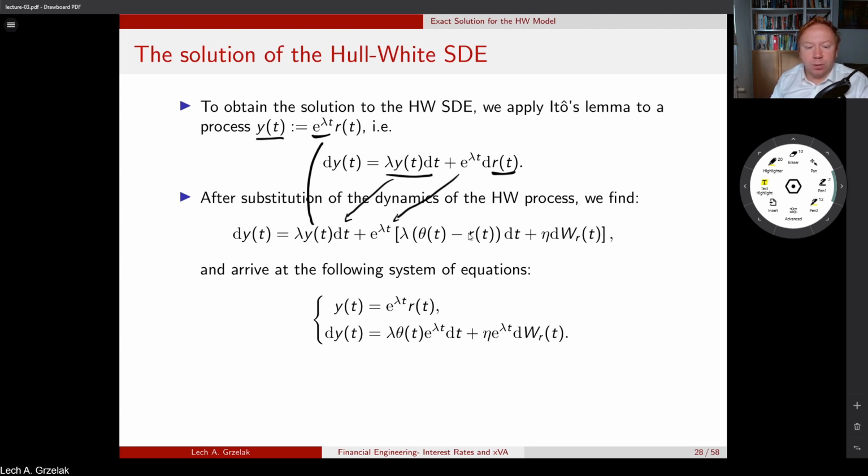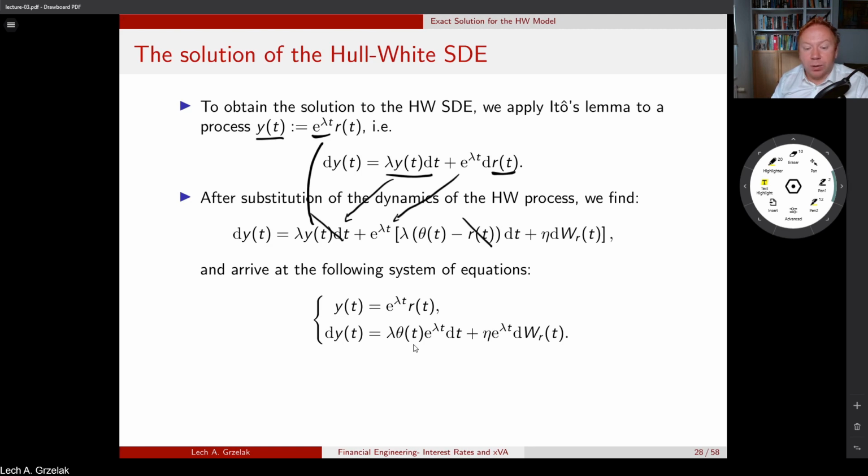And they cancel out in a nice way, so that if we look at the dynamics for dYt, after simplifications, after this term is out, this is gone, and if we collect all the dt terms and volatility terms, we end up with the dynamics for Yt, which does not depend on a stochastic component. So there is no more Rt. We have a time-dependent function theta t, e to lambda t dt, and we have volatility from Hull-White, so it's eta, and here we have e lambda t dWt. So you see there is no dependence